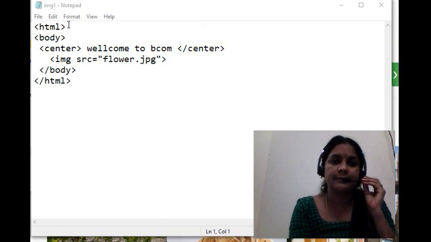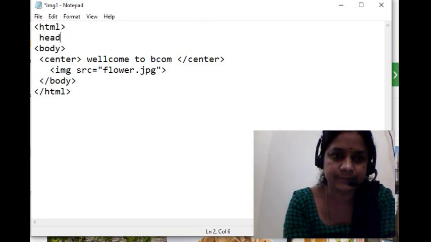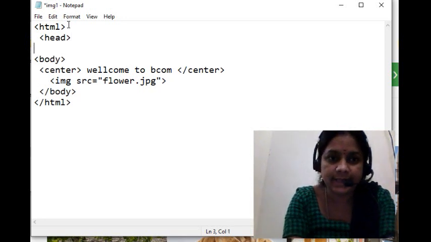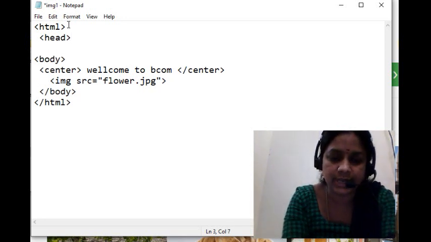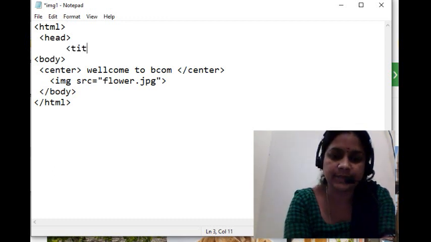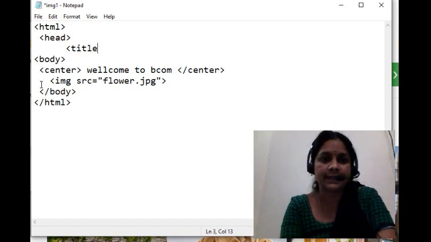This is a program I am writing here. Here I am writing the head section. In the head section, what am I going to use here? The head section always uses the title tag.